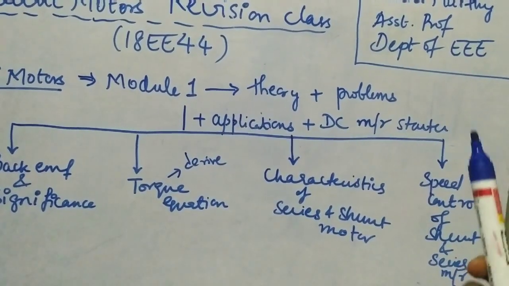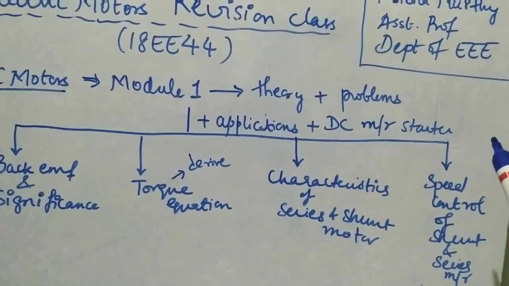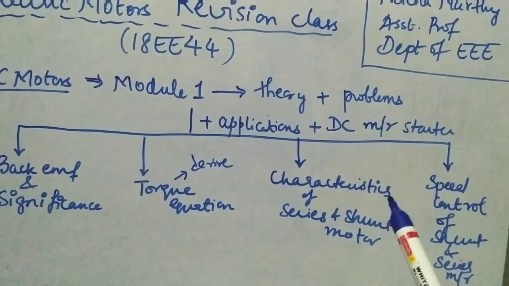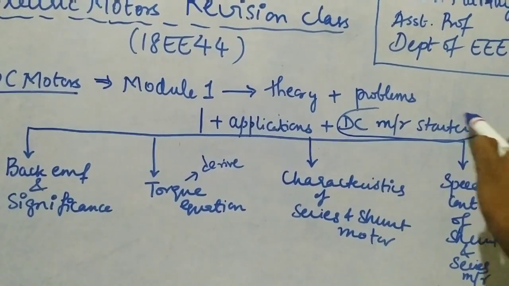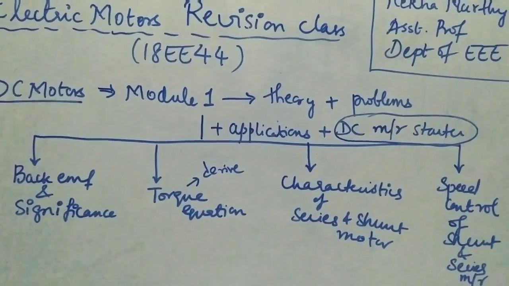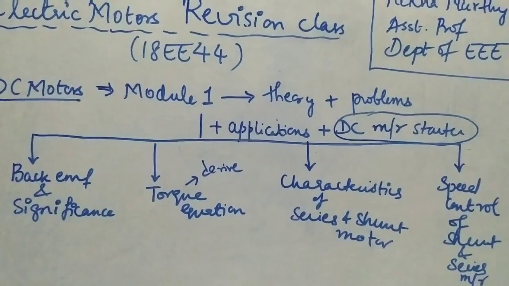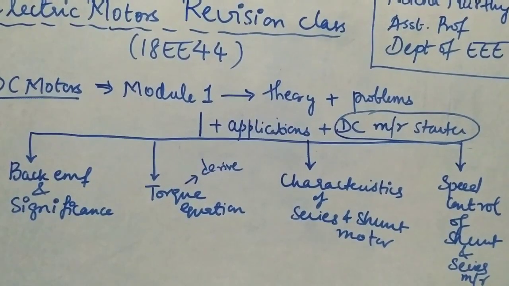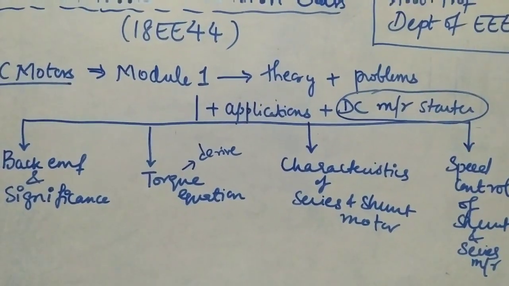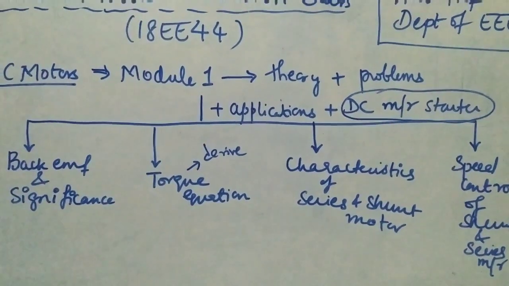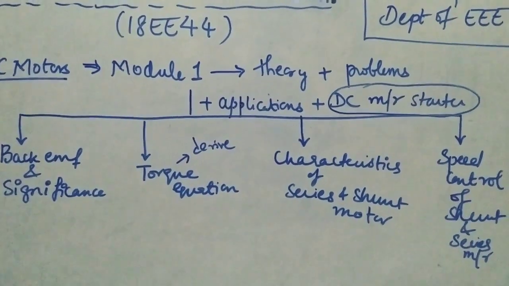I have seen a few question papers where, in the first part of module 1, 1A, 1B, 1C, the question covered exclusively the DC motor starter. Usually they set the motor starter as a choice for the second part of a question in module 1 itself, but in most of the question papers they have concentrated only on these topics.